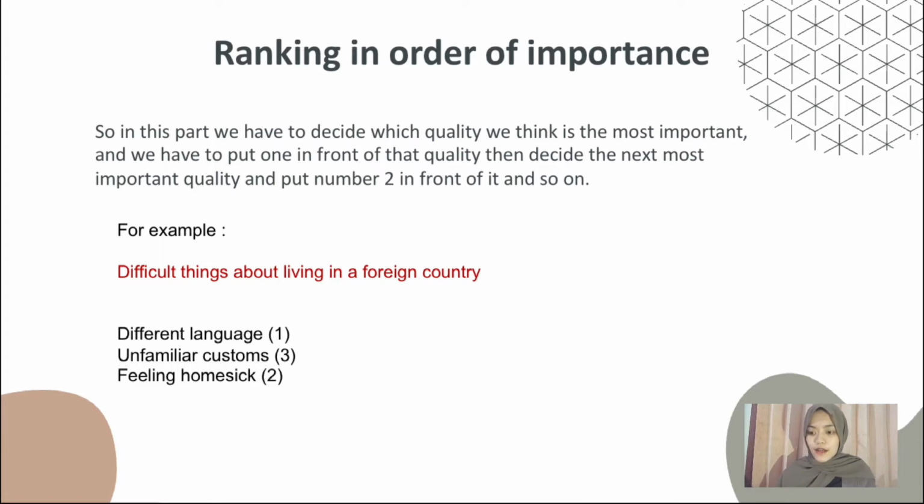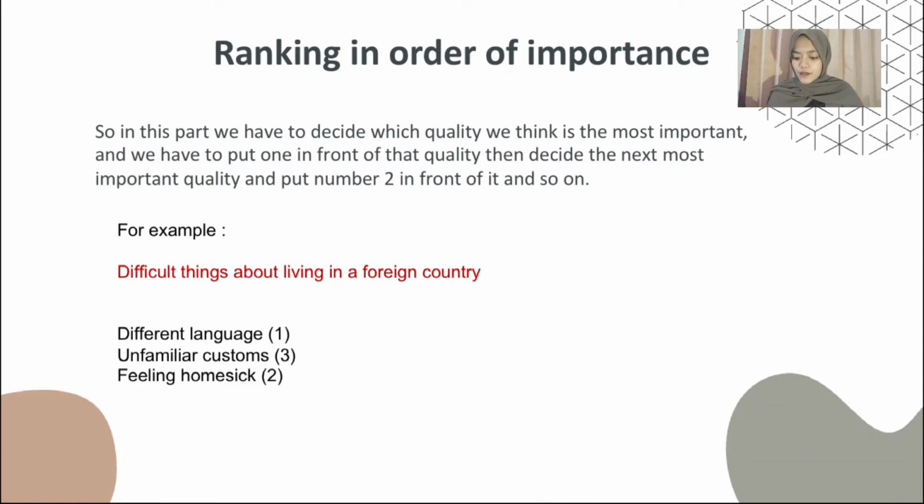In this part, we have to decide which quality we think is the most important. We put one in front of that quality, then decide the next most important quality and put number 2 in front of it, and so on. For example, here are difficult things about living in a foreign country: different language, unfamiliar custom, feeling homesick. I think the first important quality is different language, the second is feeling homesick, and the last one is unfamiliar custom. The reason why I choose different language as the first position is that different language is the most important thing